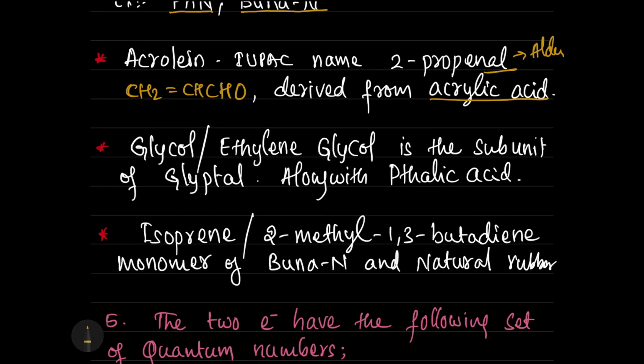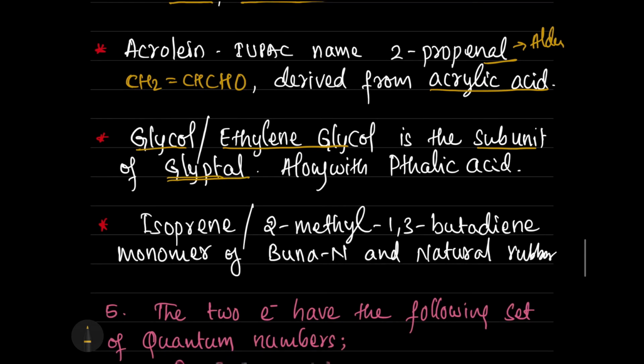Glycol, or ethylene glycol, is a subunit of glyptal. Yes, you already know that, along with the phthalic acid. It is very important to manufacture glyptal, and the phthalic acid and the glycol or ethylene glycol are required for its preparation. This is the polymer here, and these are the two